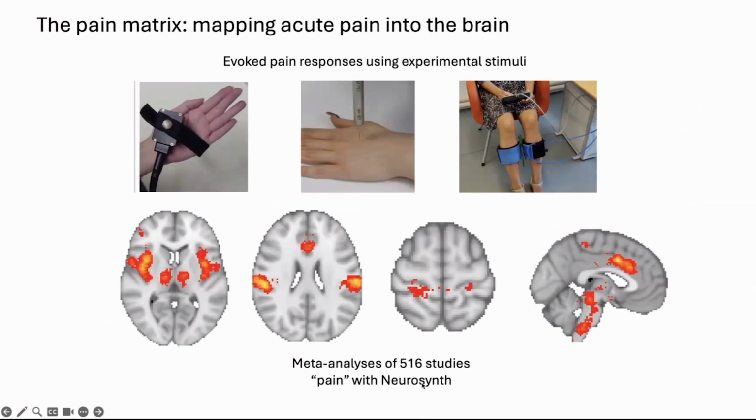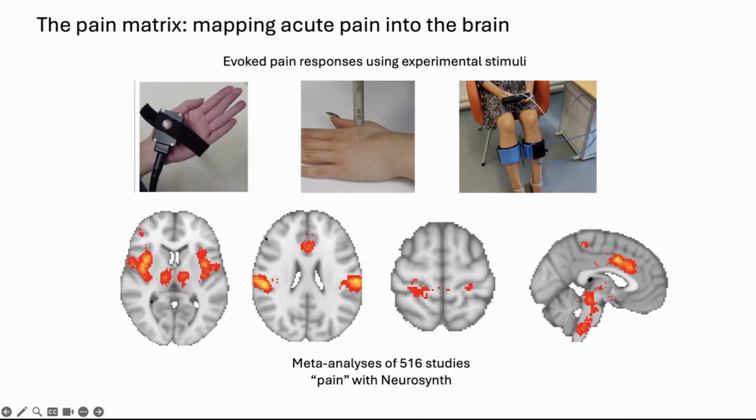So with brain imaging, we can do some really interesting experiments and try to understand how the brain actually processes pain. This is a simple example where we take a volunteer and, using MRI-compatible equipment, deliver painful stimuli and see how the brain reacts. Brain regions showing high metabolic activity after painful stimulation will light up in the scanner, and we can quantify these responses and map them into different brain regions.